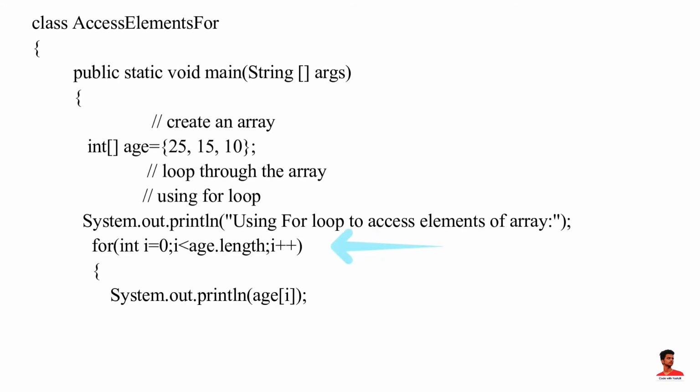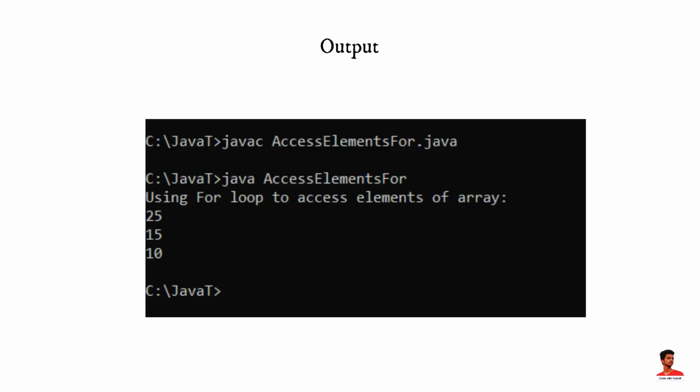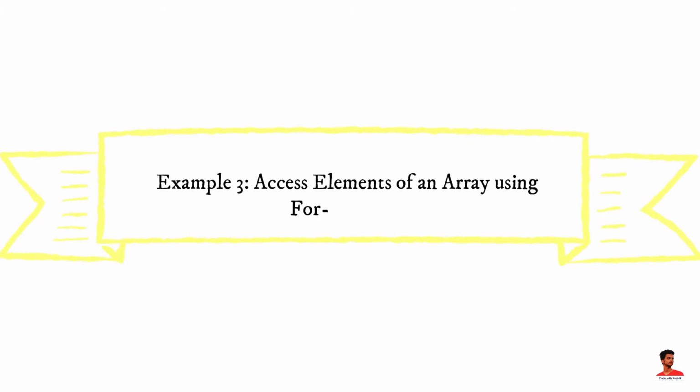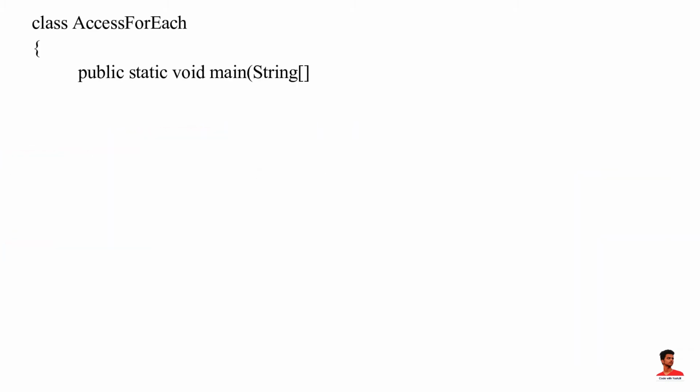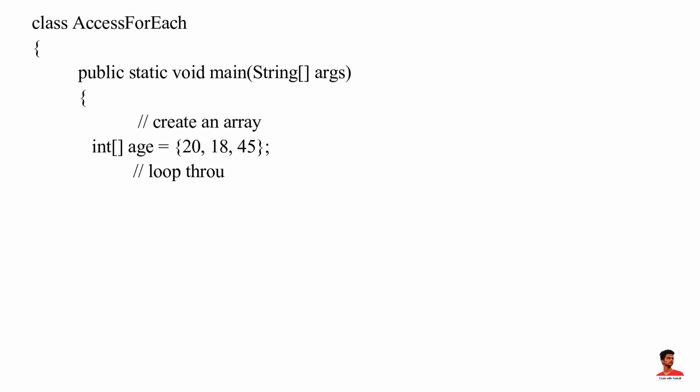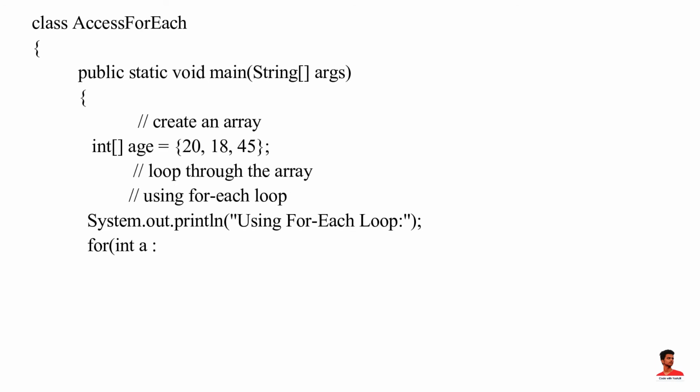We can use loops to access all the elements of the array at once. In this example, we are using the for loop in Java to iterate through each element of the array. Notice the expression inside the loop, age.length. Here, we are using the length property of the array to get the size of the array. Output of this program is